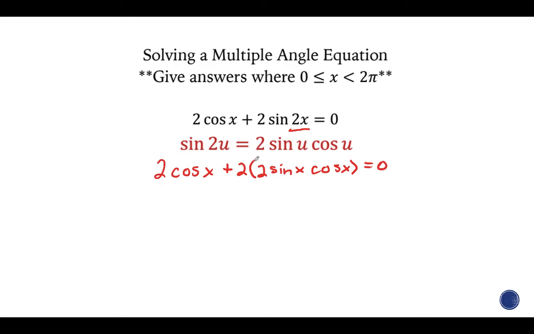So I'm just going to do a simple little substitution here. We're going to go ahead and multiply this out. So that's going to give me 2 cosine of x plus 4 sine of x cosine of x